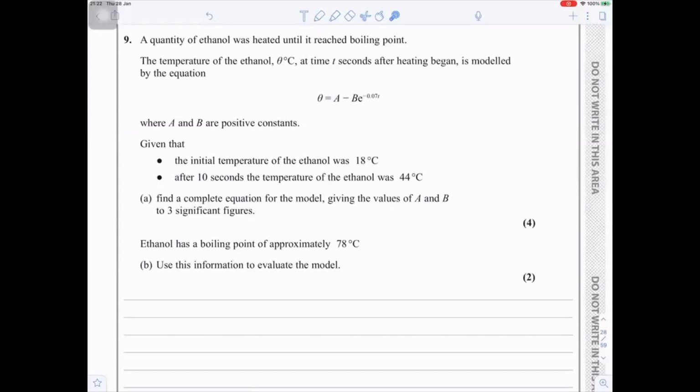Question number 9. A quantity of ethanol was heated until it reached boiling point. The temperature of the ethanol, theta degrees Celsius at time t seconds after heating began, is modeled by the equation theta equals a minus b e to the minus 0.07t, where a and b are positive constants. Given that the initial temperature of the ethanol was 18 degrees Celsius, after 10 seconds the temperature of the ethanol was 44 degrees Celsius. Find a complete equation for the model, giving the values of a and b to 3